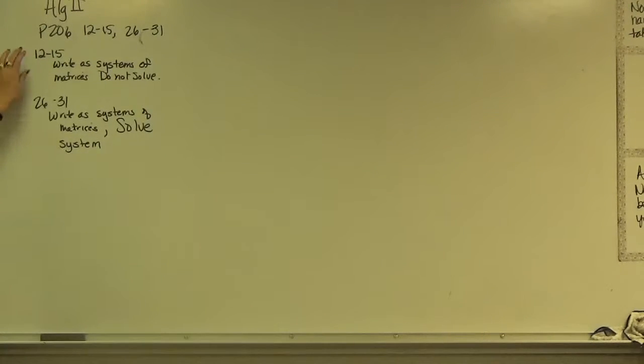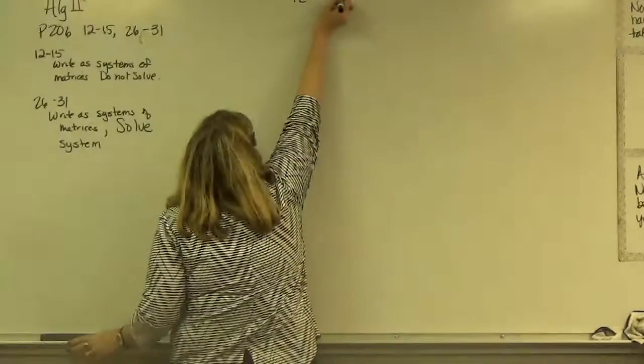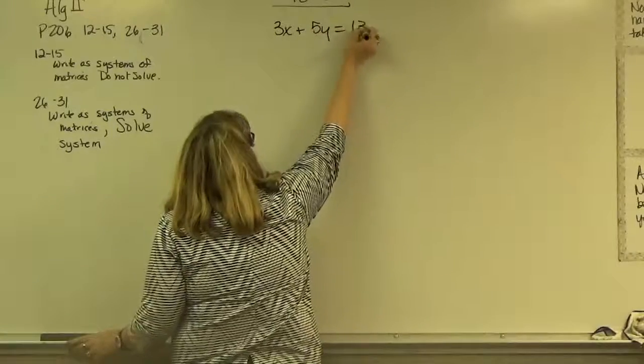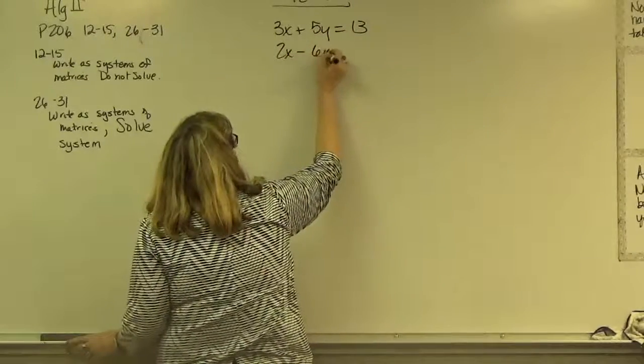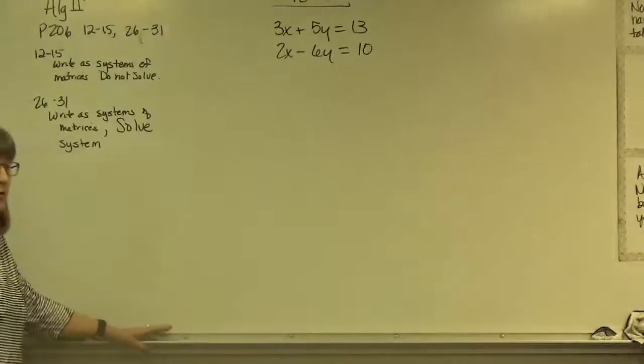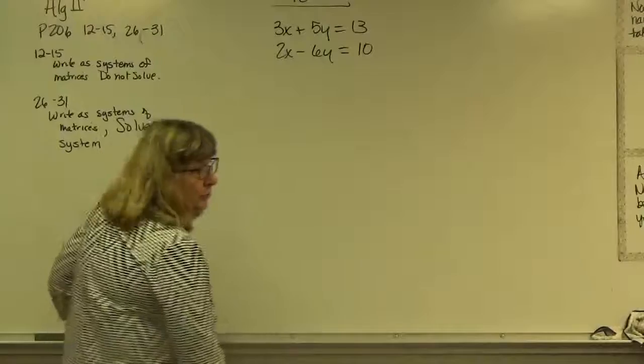I'm going to go over 12 through 15, where you're going to write it as a system of matrices. You aren't solving, all you're going to do is write it. So this is an example for 12 through 15. And that's a normal system of equations, right? Which you've used to solve by substitution, by addition elimination, by Cramer's, and eventually we're going to get by matrix